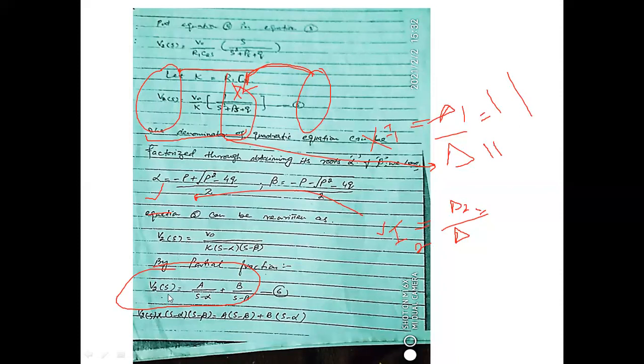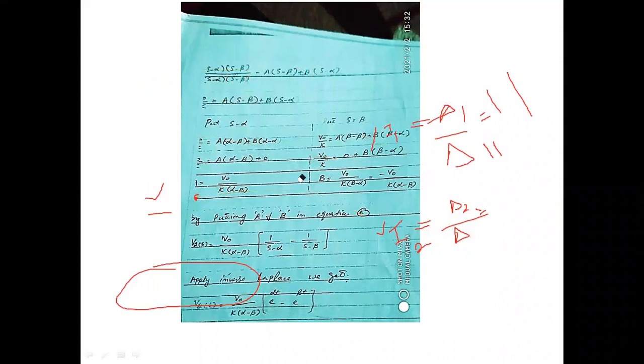both sides of this equation number 6. When we multiply it with this, we will get 1, and when we multiply this s minus alpha into s minus beta with the right hand side, we will get a into s minus beta, because the s minus alpha term will cancel out with the s minus alpha term, so we will be left with the s minus beta term only, plus b into s minus alpha.